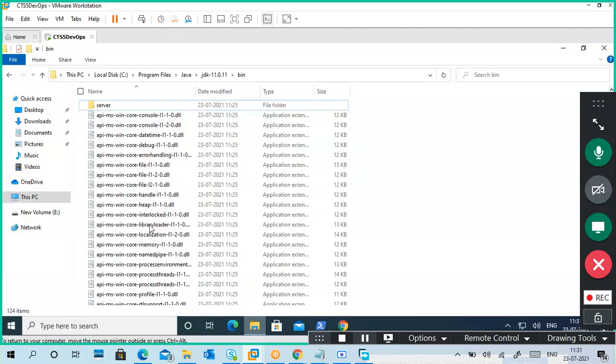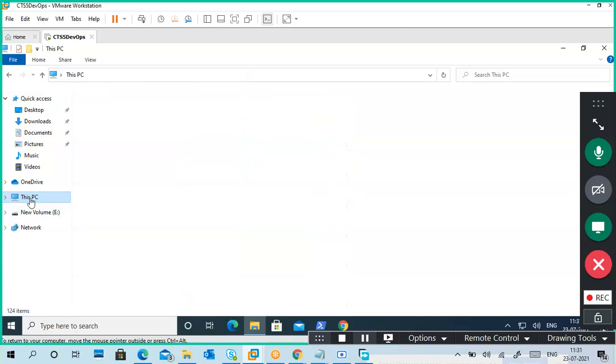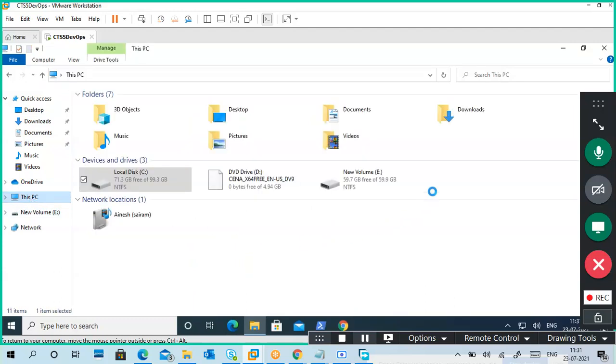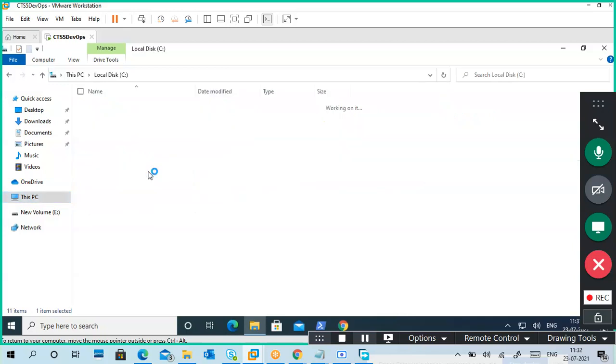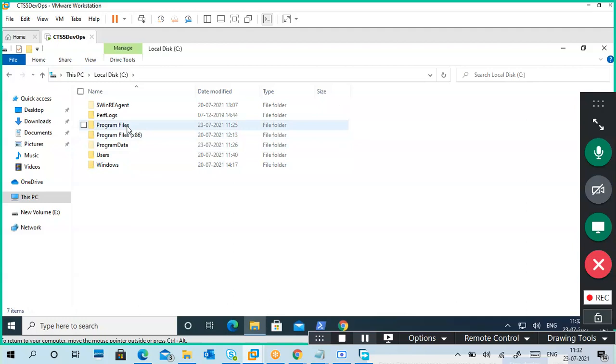Then next, what was the new path that you typed? Java underscore home, percentage slash bin. I gave the complete path directly. Okay, sir. That path I added a complete path instead of the percentage kind of stuff.